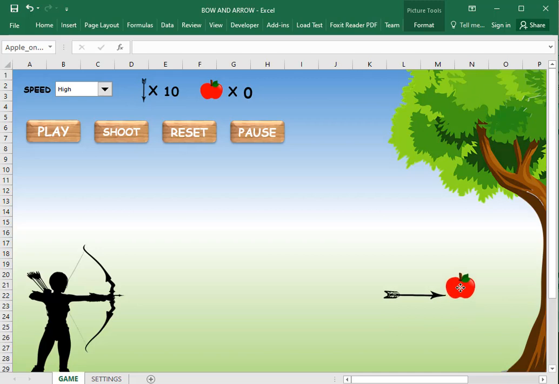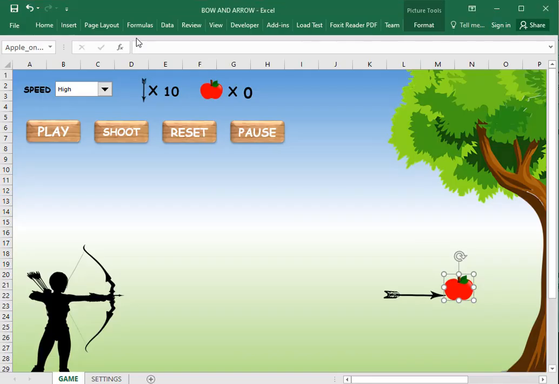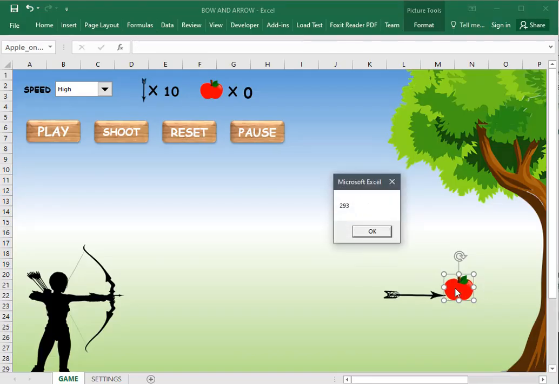First of all, let's place the mouse there, the apple at this side, and then use the message box to get the apple top location of this. So let's go to the code, and we are not going to type it here. Let's type it here, just below these two lines of code. So let's type msg box apple dot top. Okay, so let's run it. So the position of this apple now is